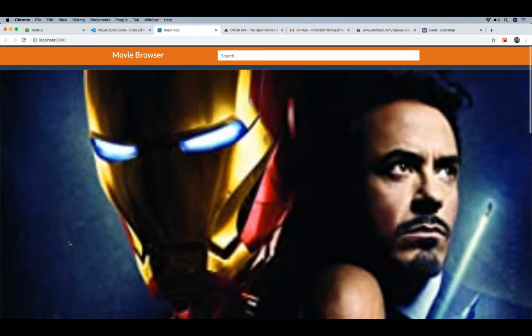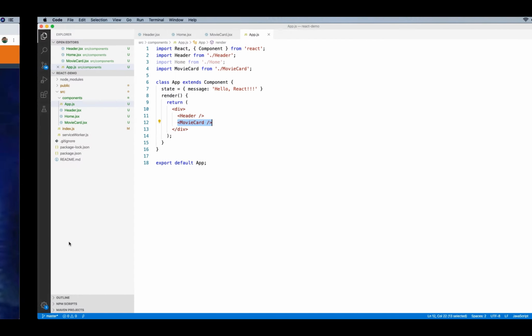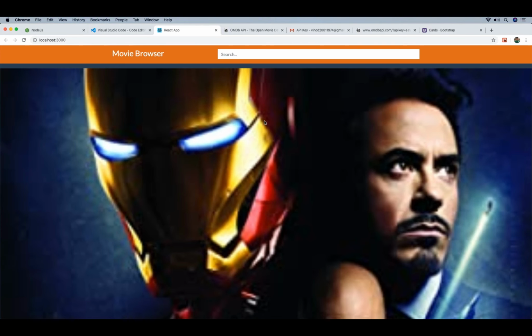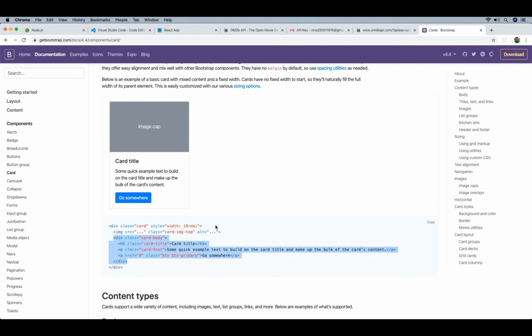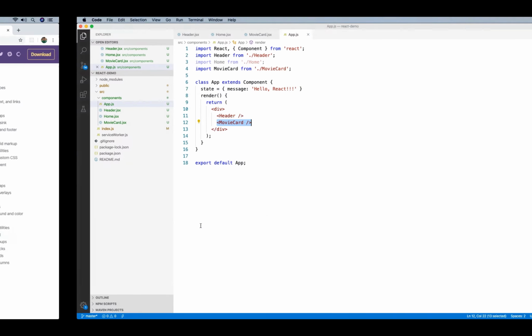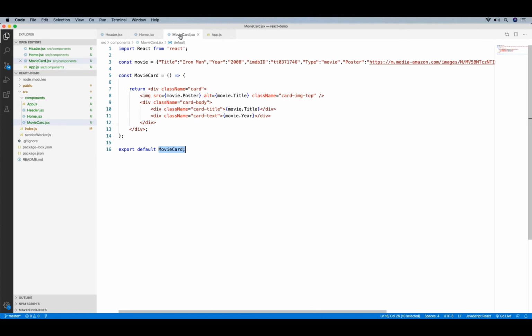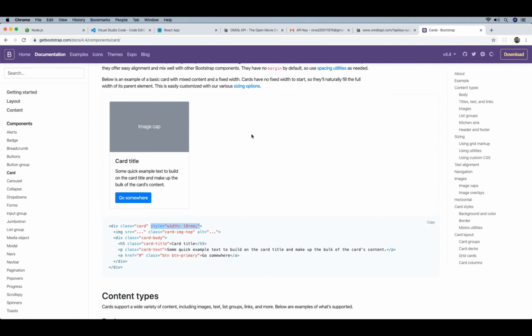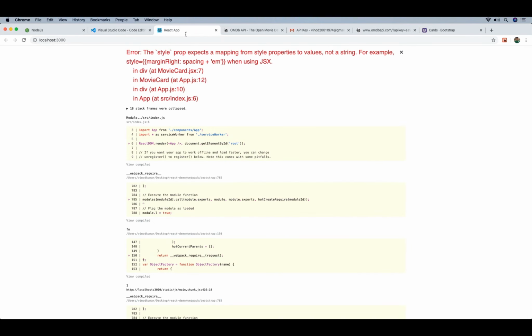Now we wanted to have a smaller section, so that's where there was an initial width mentioned over here. You can see that there is a width. Let me copy this for now and then change this later. So I go back to MovieCard, add a style along with this like this. So if I save this and go back to the browser, go back to our application,